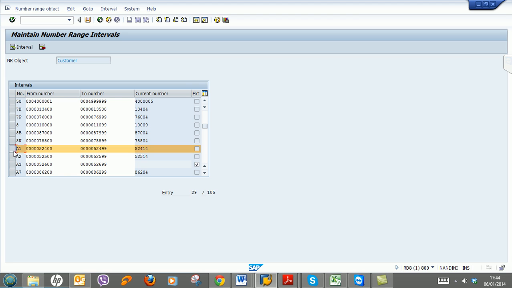Why am I choosing three number ranges? Because I have created three different customer account groups. So each number range will be for each customer account group. Now